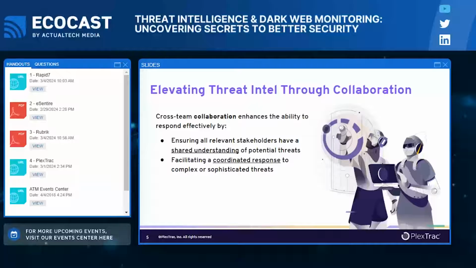So one thing I want to get across today is, how are you actually collaborating on the threat intelligence? How are you utilizing it across the organization? How many types of sources are you actually bringing in today? And could it be used somewhere else? One thing I've always seen is the importance of having that shared understanding, hence the word being underlined, of the potential threats, and ensuring that the relevant stakeholders within each silo have an understanding of the actual threat against it and what that means to the operation and the results of your organization as well.